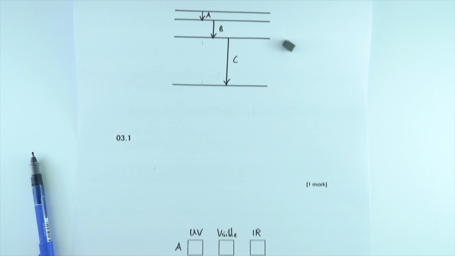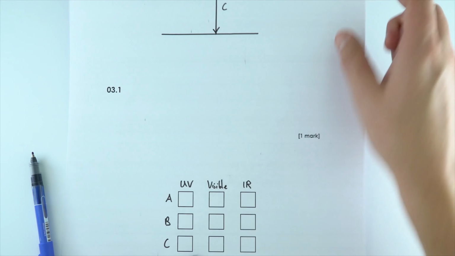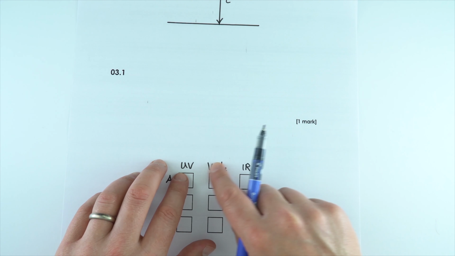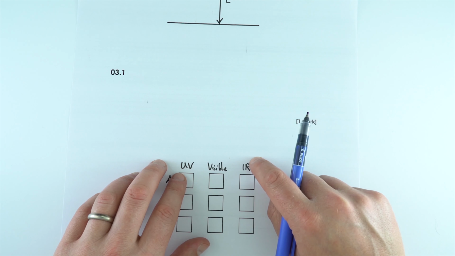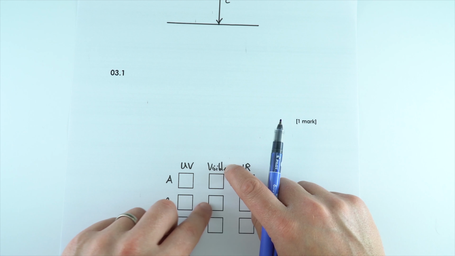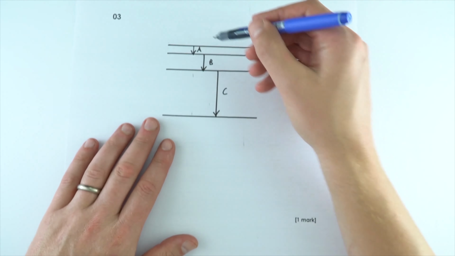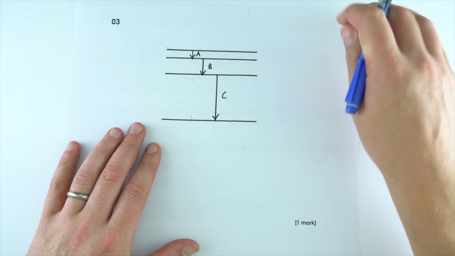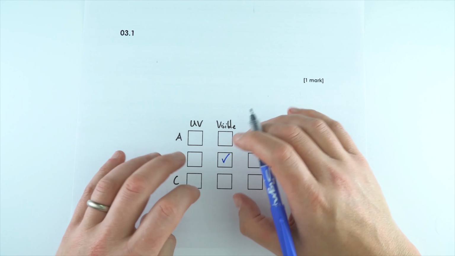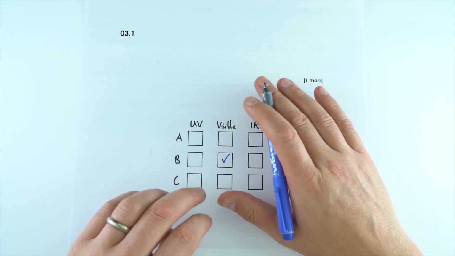Now for this one over here, what I'd say is that we've got to think about the frequency or the energy of these different sorts of radiation. So visible is going to be in the middle, and I suppose actually without thinking too much, if we look at the length of these arrows, B is in the middle, that means that B must be the visible one. Okay, so that's not even a physics question, that's more like a logical thing.